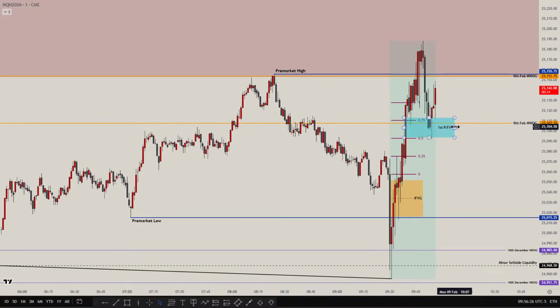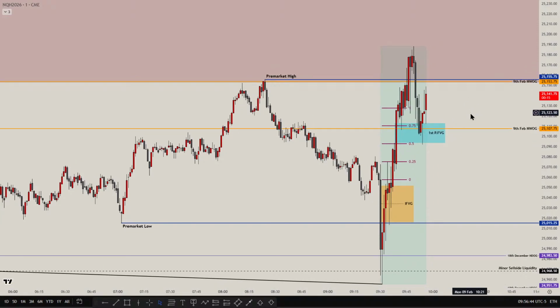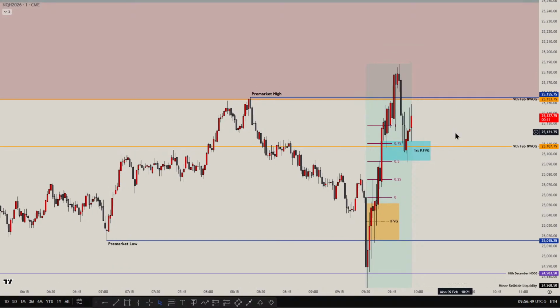This first presented fair value gap is like made of iron because it's got the upper quadrant of the opening range gap overlaying it, and it's also got the new week opening gap overlaying it. The methodology we apply with quadrants from graded daily wicks, you apply that also with new week opening gaps, with new day opening gaps. If a new week opening gap is particularly large, this one isn't that large, but